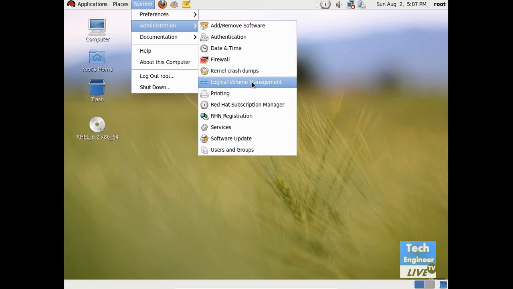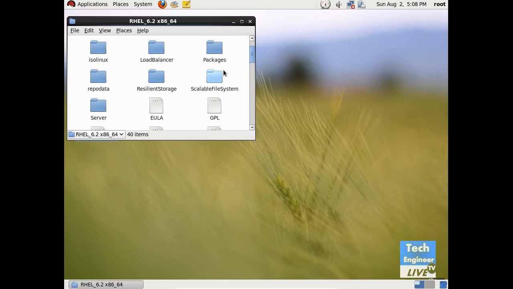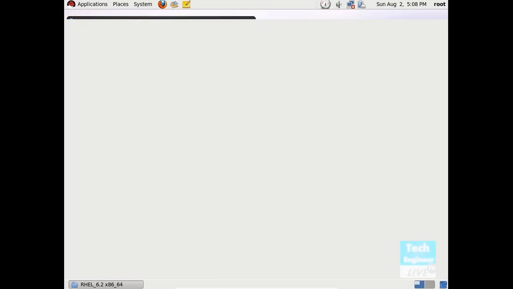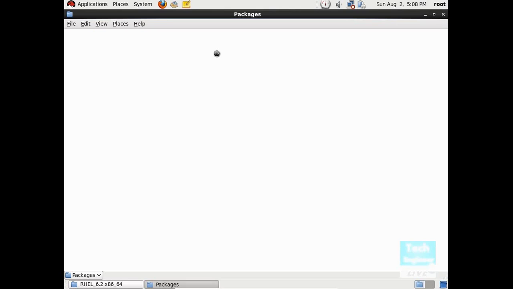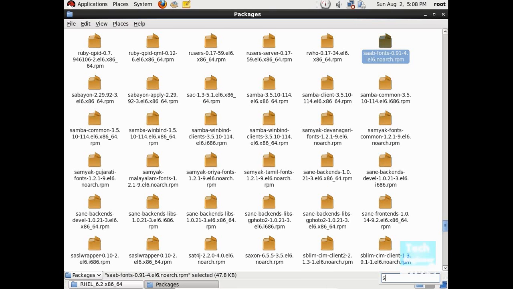This is the option where you can learn about and define the LVM. But if this option is not available, then you can install it later. You need the Red Hat DVD, and in the packages you will get an option. There are lots of options, but you need the one called system